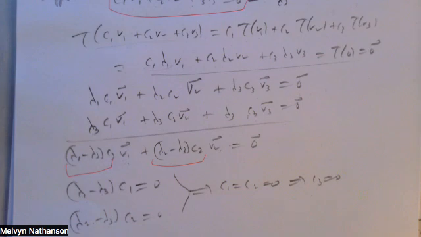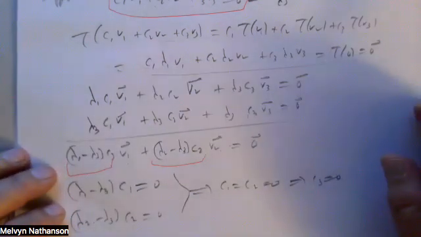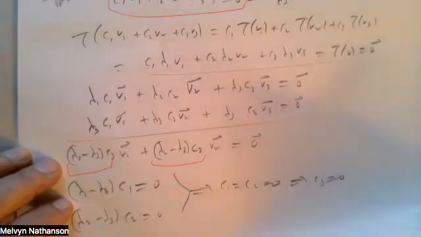And this generalizes: if you have any finite number of distinct eigenvalues for a matrix or for a linear operator, and you take eigenvectors for each of those distinct eigenvalues, that set of eigenvectors is linearly independent. What about mutually orthogonal or perpendicular? In general, that's not necessarily the case, but in the very special case, which is important in many applications,